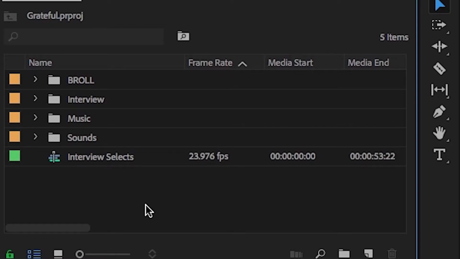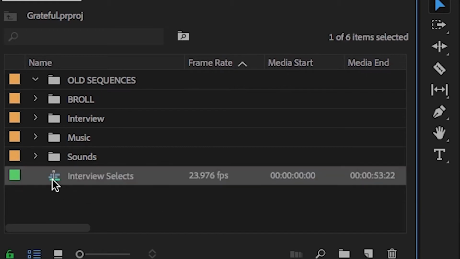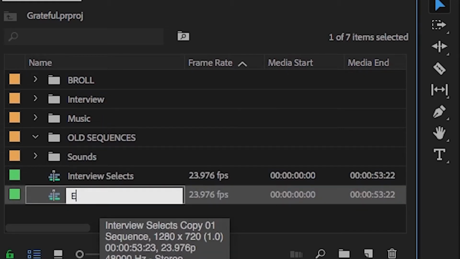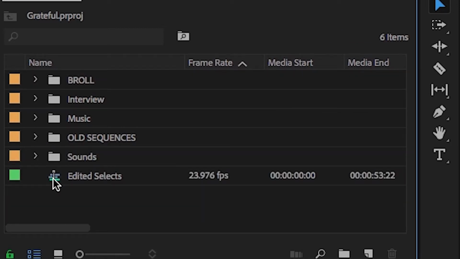After I've chosen all of my interview selects and dropped them into the timeline, the next thing that I do is duplicate that sequence. This way, I have my original sequence with all of my selects, and this new sequence I'm gonna use to start trimming down, cutting out the fat, and starting my edit. This way, I can have another timeline that has all of my selects in it, just in case I delete something by accident, or when I trim down the timeline to the size that I want it to be,